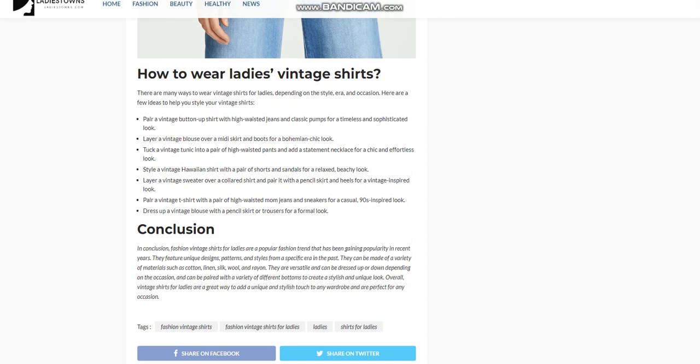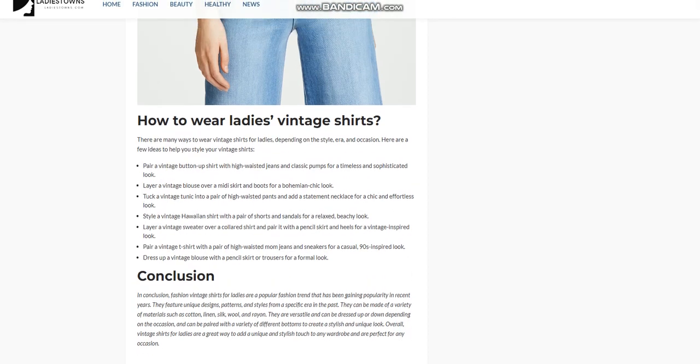How to wear ladies' vintage shirts. There are many ways to wear vintage shirts for ladies, depending on the style, era, and occasion. Here are a few ideas to help you style your vintage shirts. Pair a vintage button-up shirt with high-waisted jeans and classic pumps for a timeless and sophisticated look. Layer a vintage blouse over a midi skirt and boots for a bohemian chic look. Tuck a vintage tunic into a pair of high-waisted pants and add a statement necklace for a chic and effortless